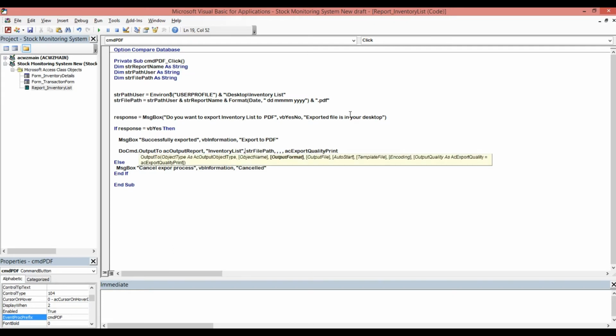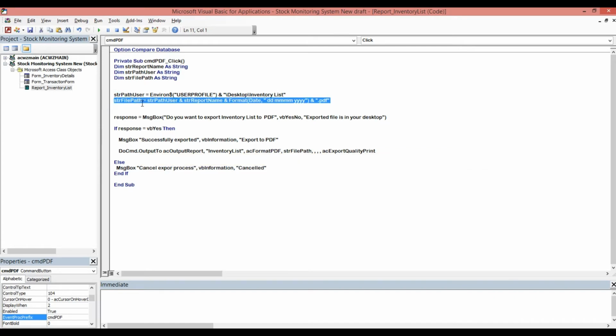So output formats will be type output format, acFormatPDF. So this is the format. Then here, str file path, so this is the one. Then we'll concatenate into our path user. Here, this is where our report will be exported, and here export